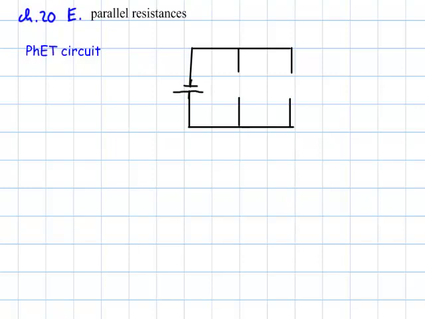Now I have to try to squiggly my resistors in here. There we go. And one of them has a resistance of 155 ohms,